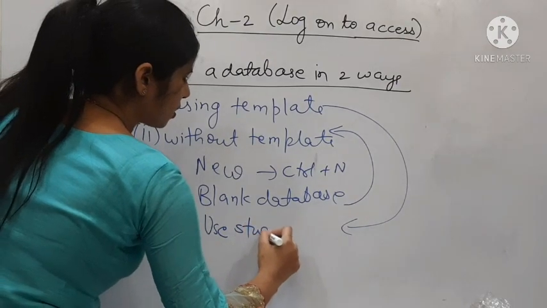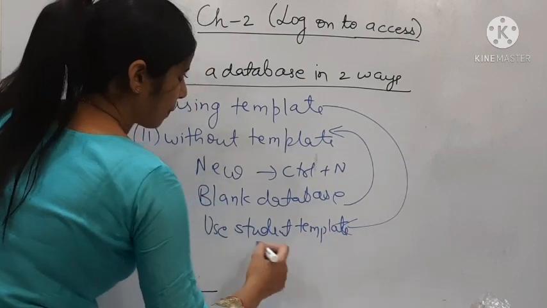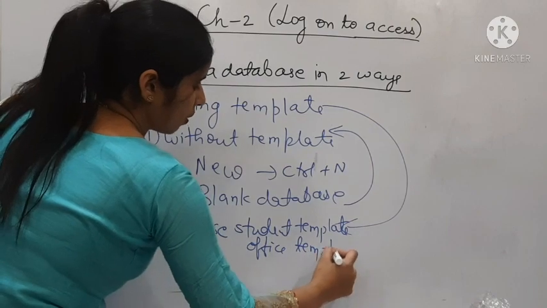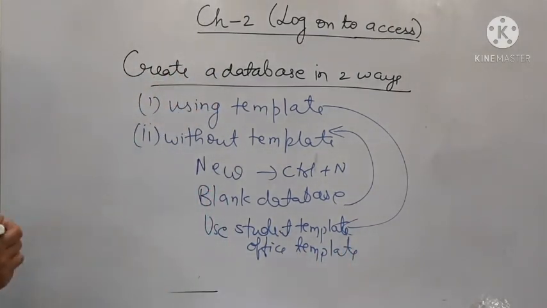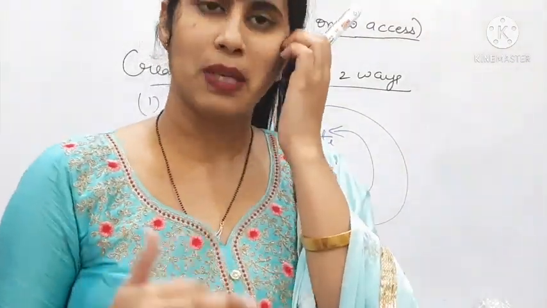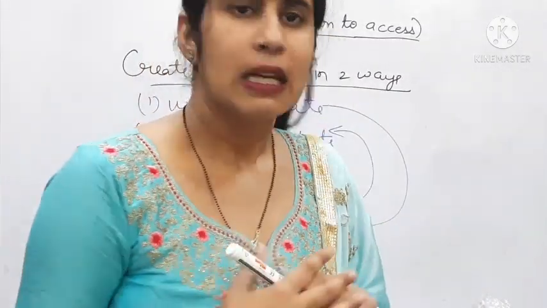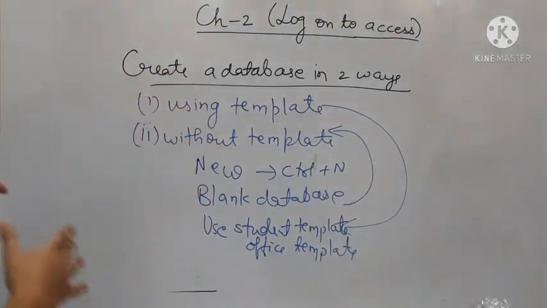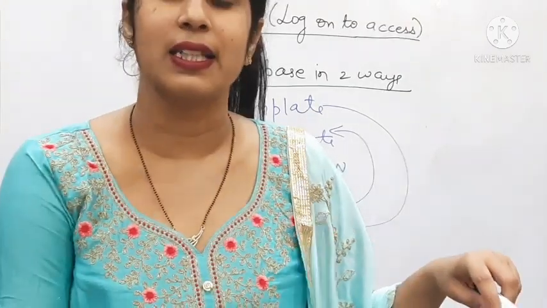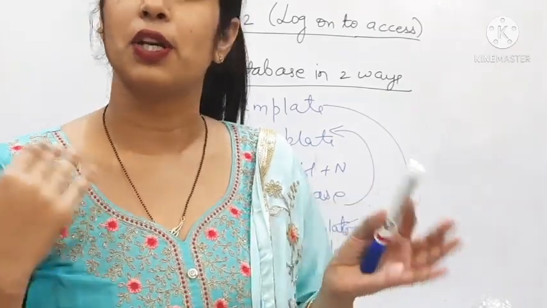Suppose a student template is there. I am going to click on the student template. Suppose it is an office template. I am going to click on it and I can directly get the type of the database here, because it automatically gives me some designations, some field names, properties, so that I can use it easily. So this is how to create a database in this way. Here, after clicking on the blank database, we have to define the field names and set the properties of the field names, which data type, what data we are going to enter in it.